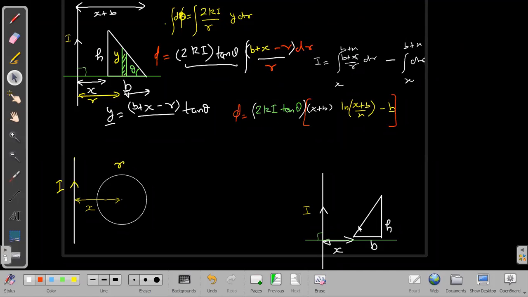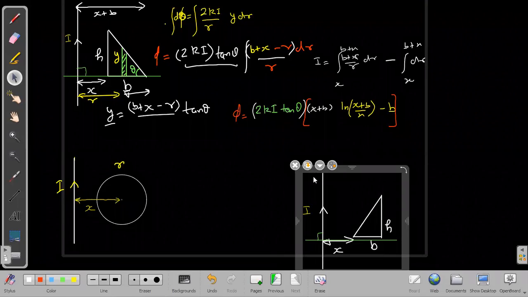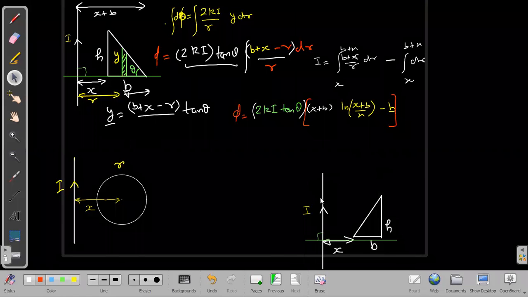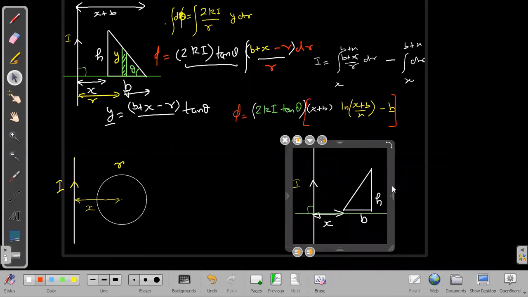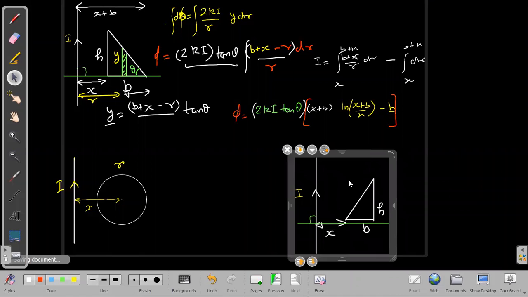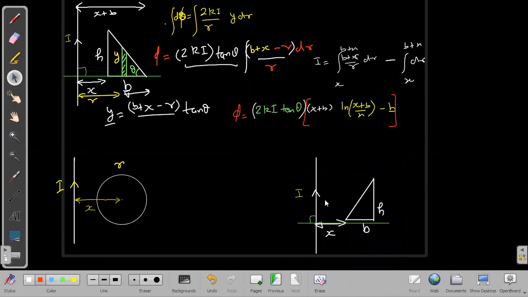Next, what about the other triangle? This other triangle, somebody will think that it is same only. Where is the difference? But it creates a difference actually. It is a different scenario, for distant parts are lengthy. That is why it creates more of a difference. Here, as we are close, there is less height, and here as we are going away, the height is increasing. So yes, somewhat different scenario. We don't expect the same answer. The answer should be different.